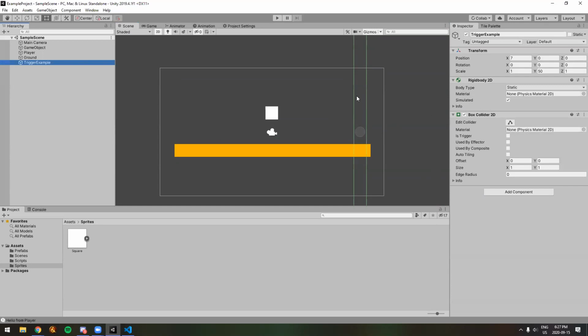And this is also great for 3D too, because imagine how much harder it would be to say, oh, if the player's at greater than X position, but it's in 3D now, it's just way more work than you need. It's way easier to just have a little box that when the player enters that invisible box, then the thing happens. So trigger is just a great way to do events in any kind of game. So I'm going to make this a trigger. And then we are going to